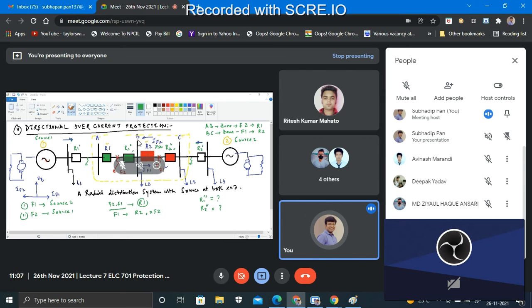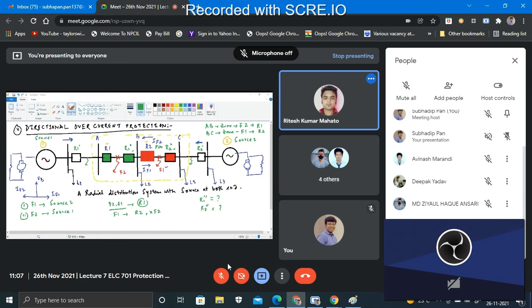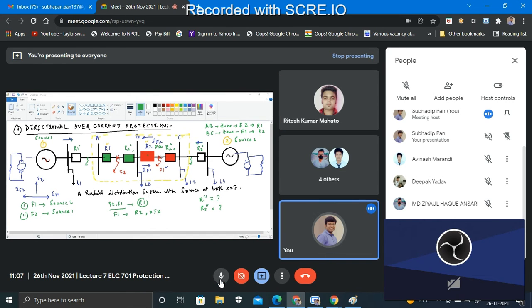We have to connect R1 in the section of AB, and we have to connect R2 in the section of BC. So what will be the need of R1 double dash and R2 double dash? Can you cross verify it? A and B is 6 ohm: RA plus RB, 2 plus 4, is 6 ohm. A and C is 9 ohm: RA is 2 and RC is 7, so this is 9 ohm.